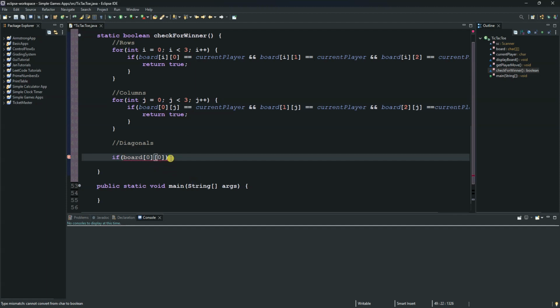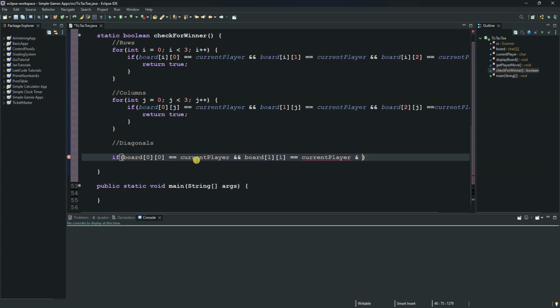Alright, and then equals current player. So we say current player, and the board at index 1, 1 for both the column and the row section. So you say 1, and then another 1, and then equals current player,